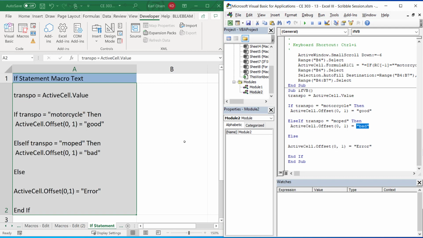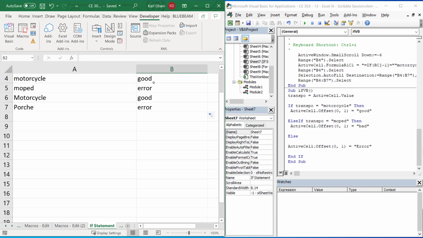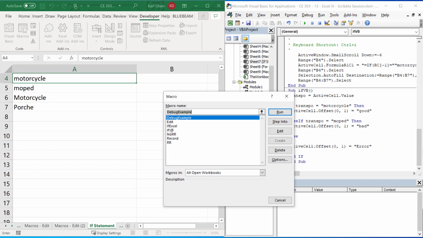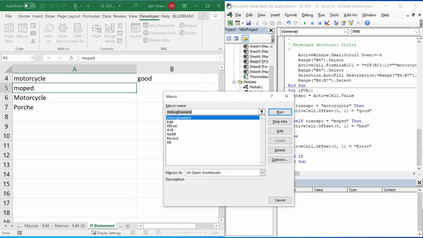Now the question is, where do we start the code? We're going to want to start it where it's pulling a value, so this is where the cursor is going to start right here. So let's just go ahead and save that and come down here and I'm going to get rid of the other values that we put in there. And I'm going to start it right here. We're going to have macro, the VB one, and it says good. Now it only does it for one, so I could come down here and do the same thing, run it again,